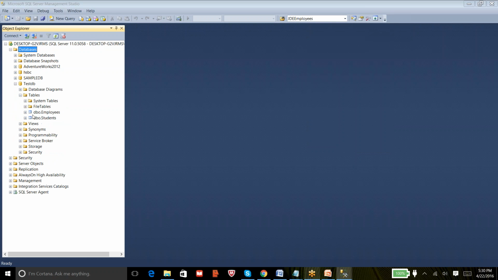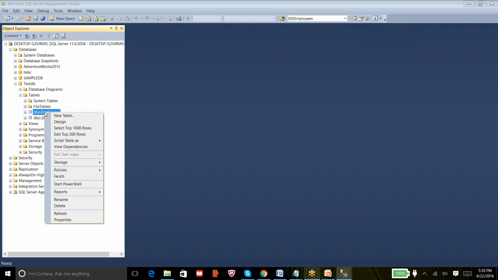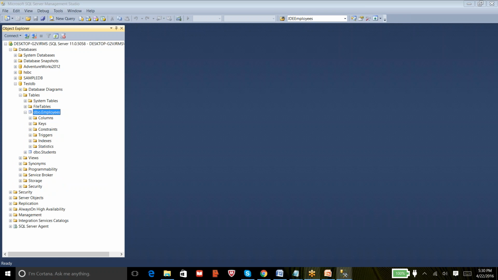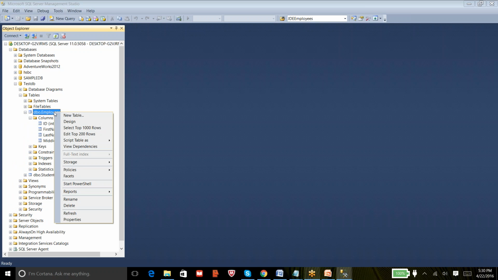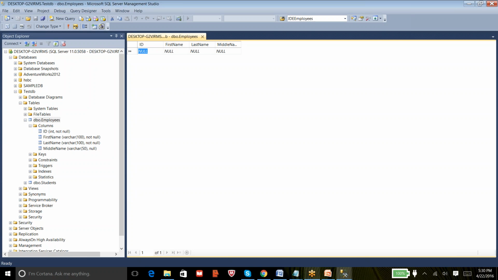So I hope you are comfortable with creating a table. Once we create a table, how do we insert data? Again, you can do it either way, in the GUI or with a T-SQL script. Let me show you using the GUI. We have already created tables and we were at the point of discussing the primary key. At this moment, if I have to insert data, I can right click on the table, choose Edit Top 200 Rows, and here I can provide the data.